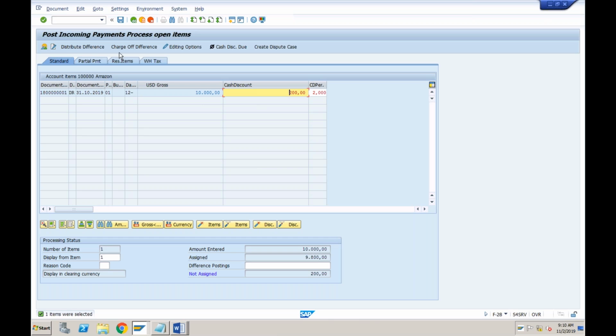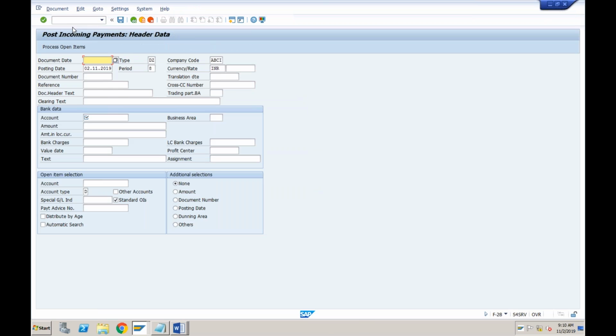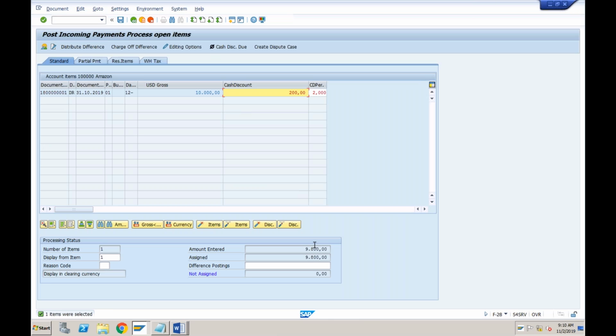then one thing you have to do is, let me again go to F-28. If you already know that the customer is going to get the discount, then here you are not going to enter the actual amount. You are going to enter what you are getting. So we are getting 9,800 USD, and then this is our customer. If I go to process open items, now you can see both the balances are matched. The balance is 0. If you save it now,